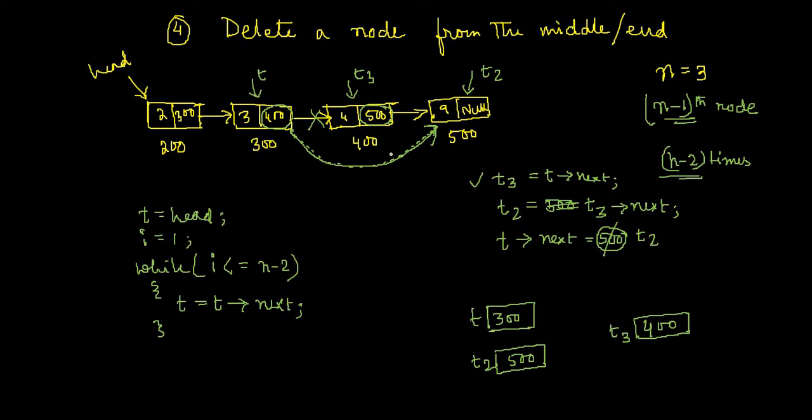That is done. So you see, if you start the journey from the first node, you can go here, and after visiting 3, you can directly go to 9. This 4 is bypassed because the connection of 4 has been lost. You will never be able to see this node. Now you can easily write free T3, because T3 is pointing to this node and this will vanish. So this particular node will vanish. And if the node is vanished, then what about the pointer? Nothing will. It's done.